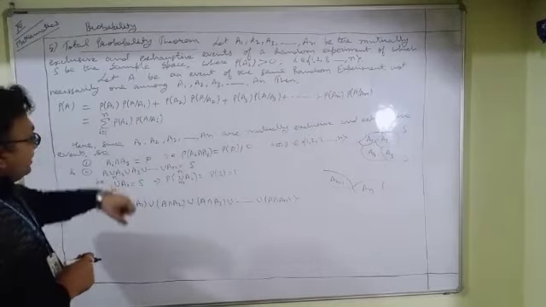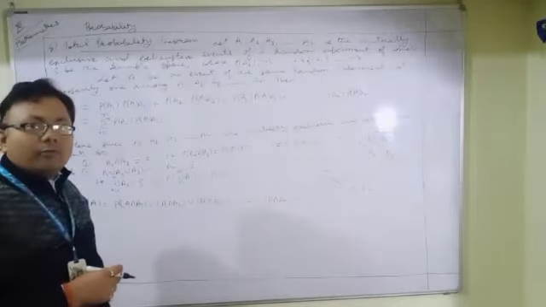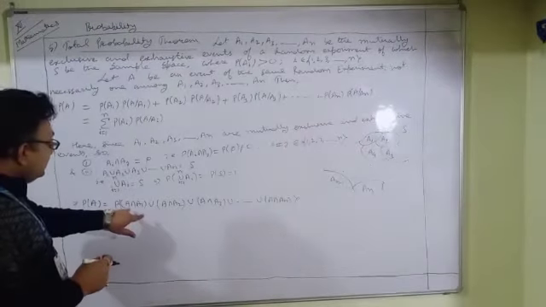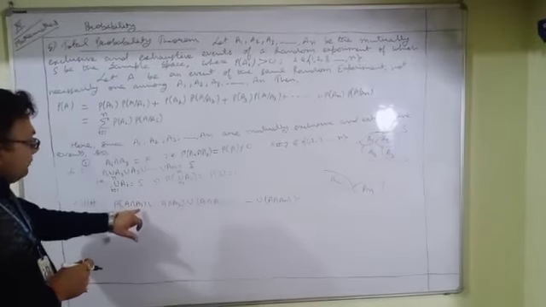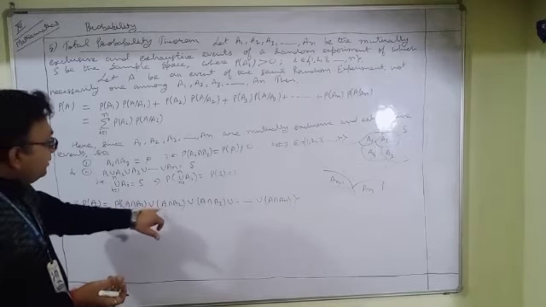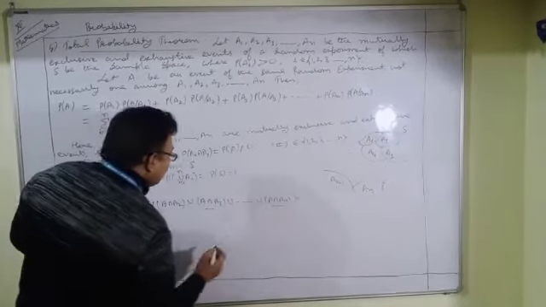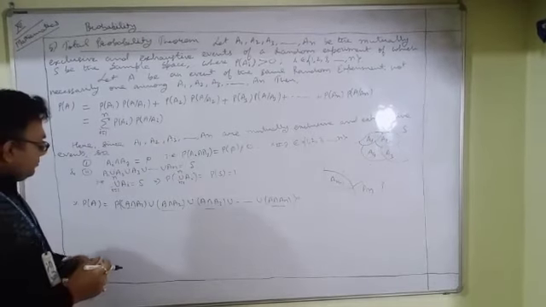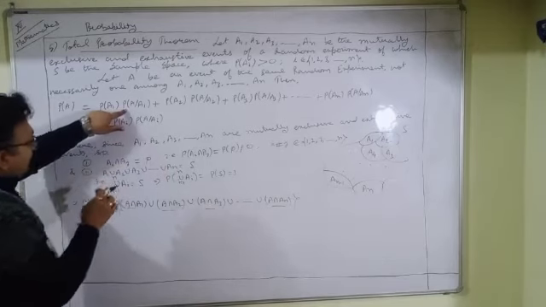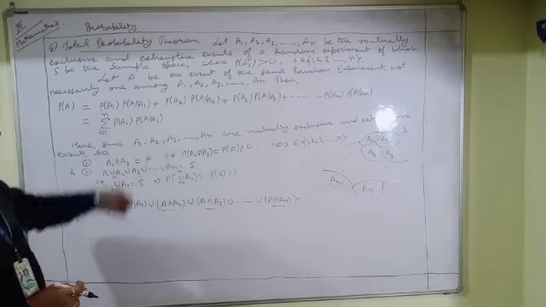Here, we have already stated that A1, A2, A3, ..., An form a system of mutually exclusive and exhaustive events, so you will consider the intersection of each of those events with A, and all of them will be united to each other. Then each of these events will be mutually exclusive, and when expanded, we can obtain this result. This result we get here by the application of the multiplication theorem. So thank you.